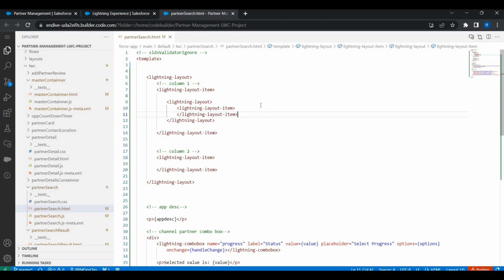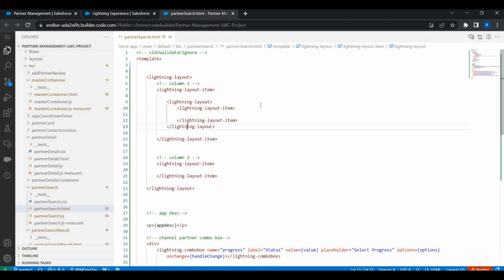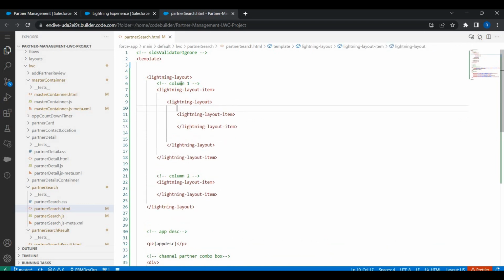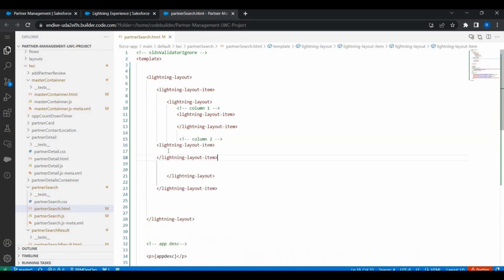Let's do this. Yeah, and what we can do is probably we can have the columns right here. Column 1 is right here, and we will have column 2 moved from here to here. Yeah, so as you can just see, it is possible to create nested lightning layout as well. So inside the column 1,